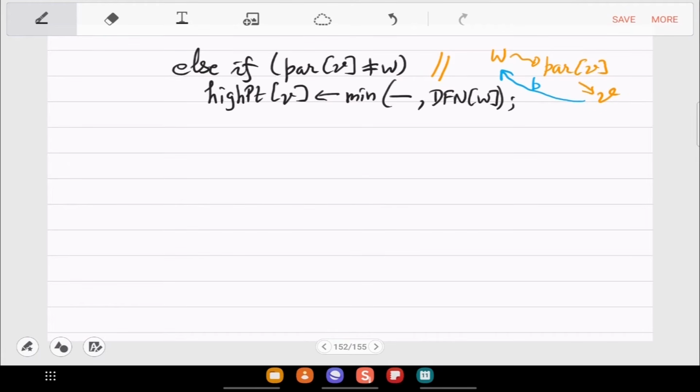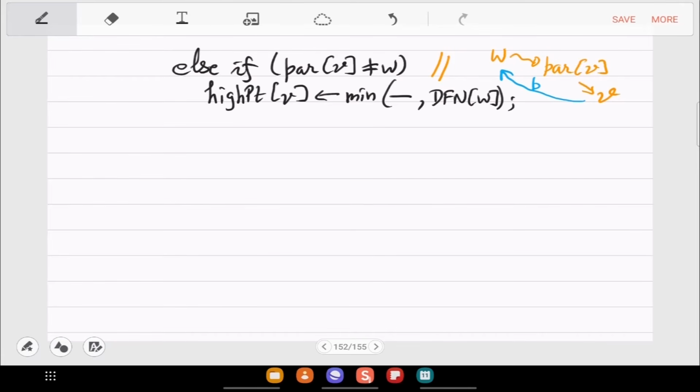Why did we do this check of parent V not equal to W? What happens when they are equal? It's not a back edge. Yeah, so we are just avoiding that case of this orange and blue edges being the same. Right, we don't want that.